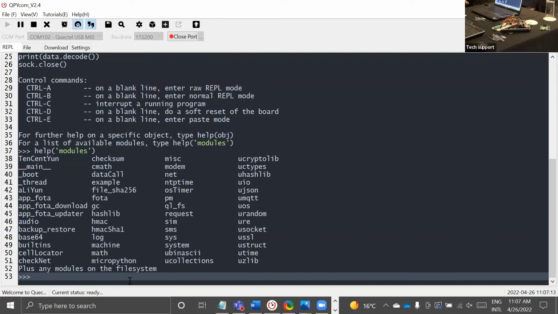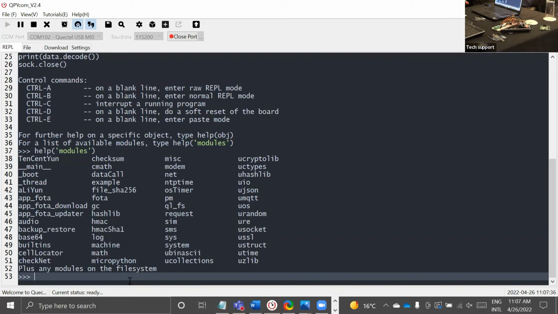Okay, now everyone, I think everyone is ready and I can continue. As I said, you should see this list of the supported modules.